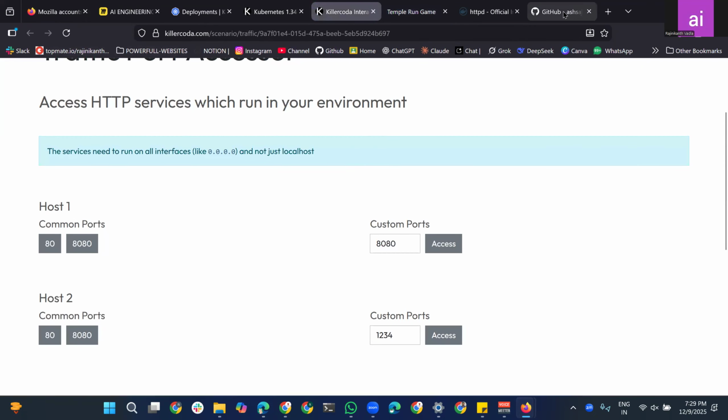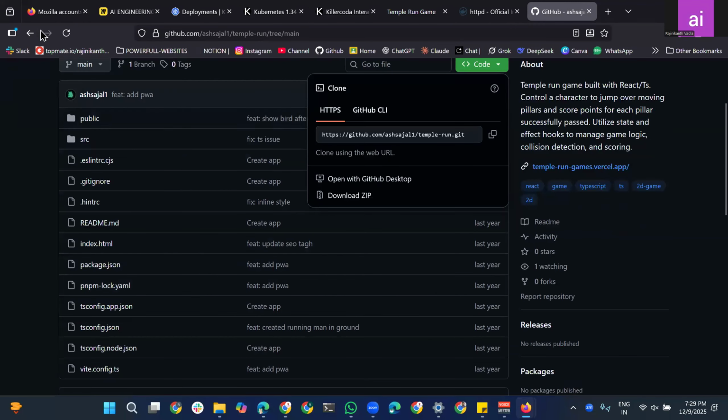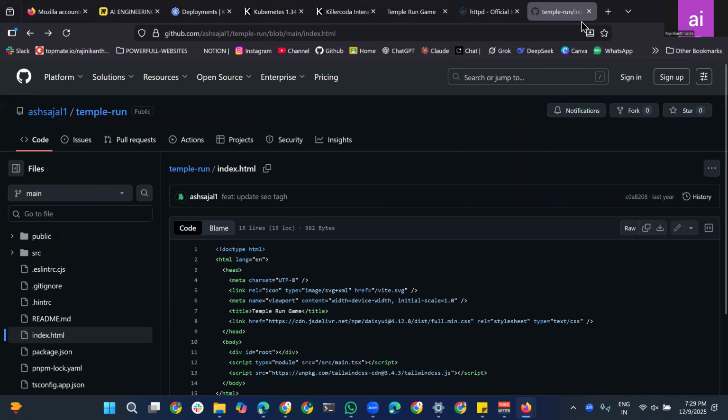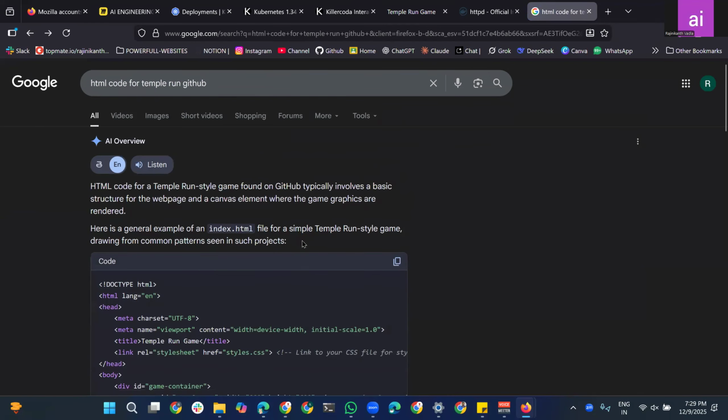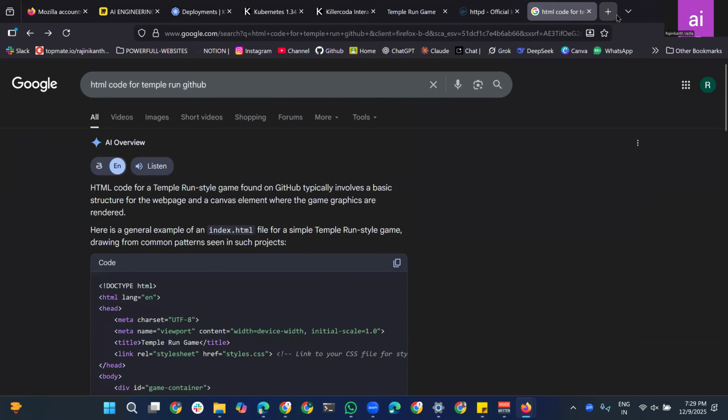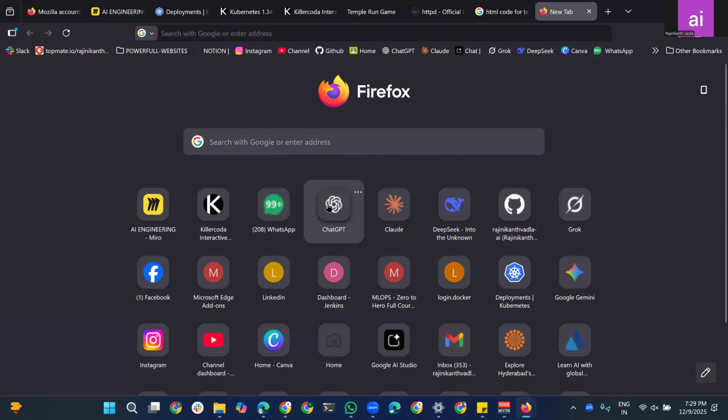When you have two types of, this is also a waste repository. Okay, I'll just simply go to